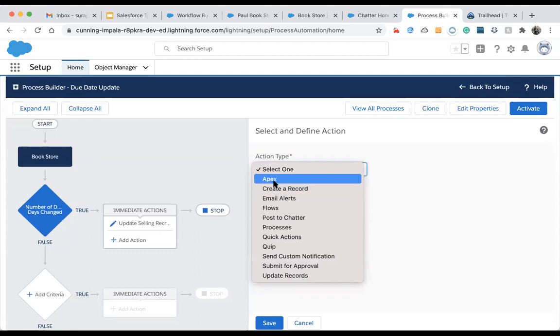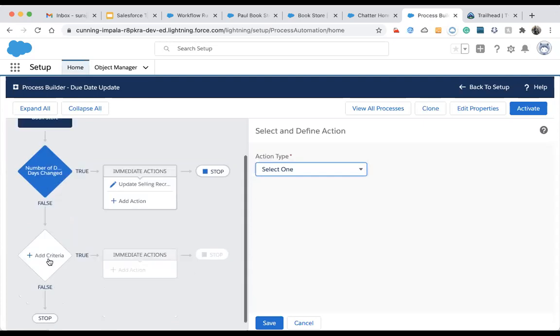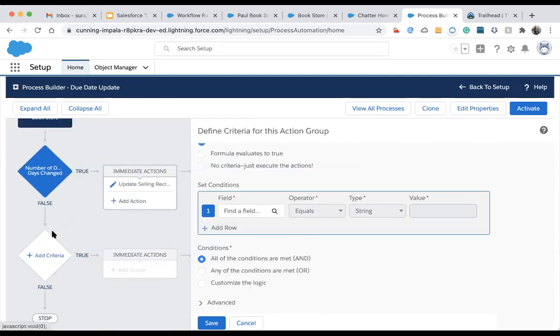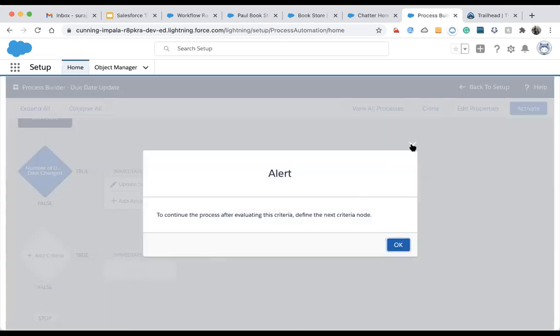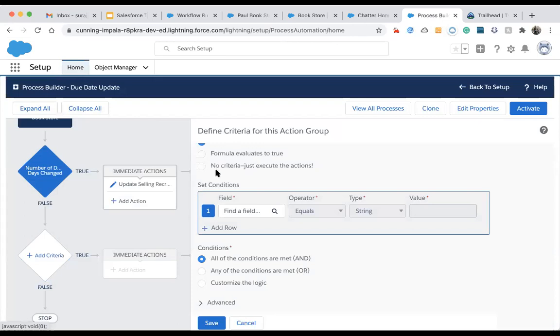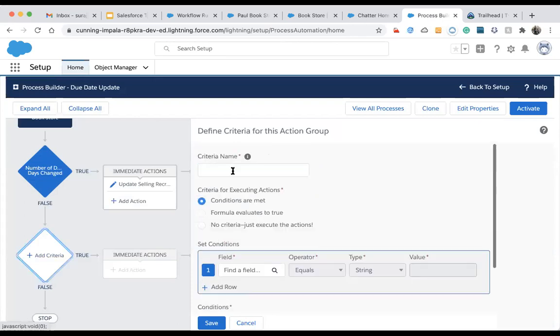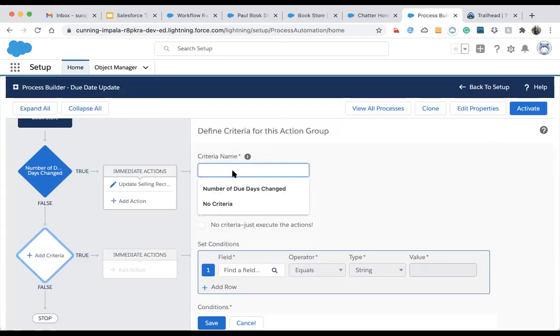Process builder helps, suppose I just want to add more conditions. If I need to do that in a workflow, I need to create two workflows for that, but in the process builder I can manage the same thing in one place. Suppose if this does not happen, it will execute this, and suppose I want to execute both, then instead of doing this I will choose that, okay, I need to add some criteria over it. What it will do,